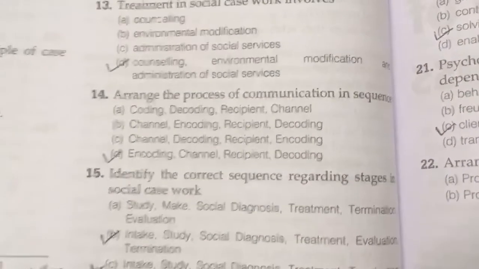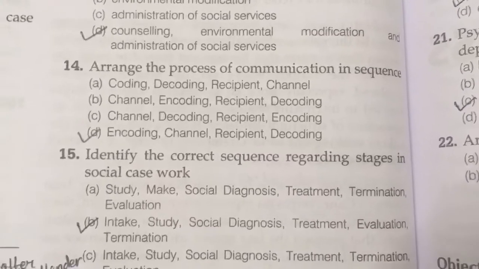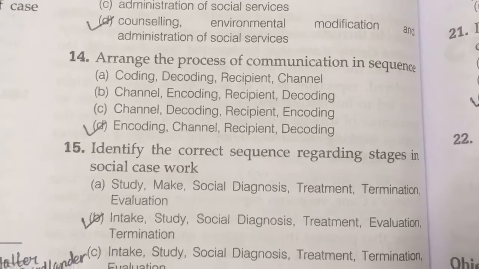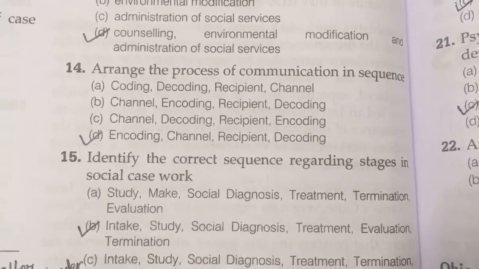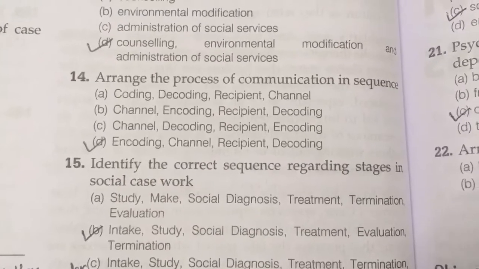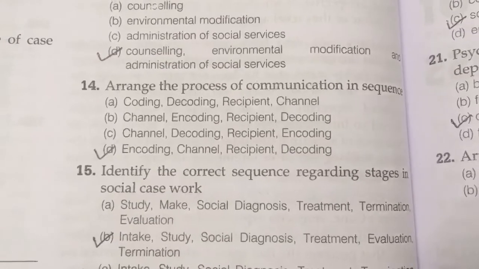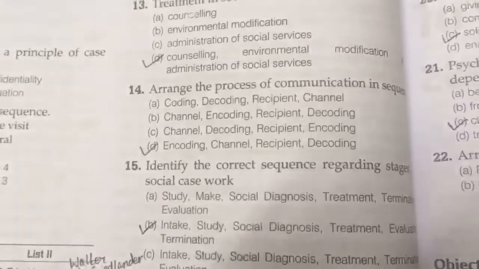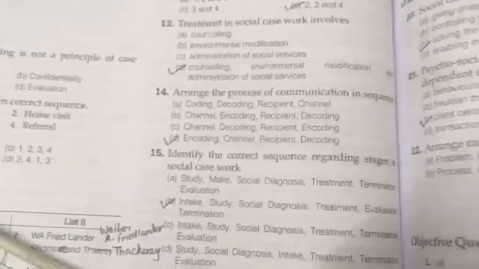Next question is, arrange the process of communication in sequence. A, coding, decoding, recipient, channel. B, channel, encoding, recipient, decoding. C, channel, decoding, recipient, encoding. D, encoding, channel, recipient, decoding. So the correct option for this one will be D,